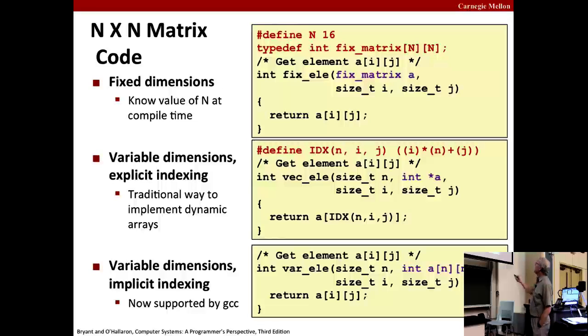So this is sort of classic C. I've written it as a macro here, but you can see it's just doing the row major scaling directly as address arithmetic. Now, since a more recent generation of the C compiler, what they call C99, introduced in 1999,